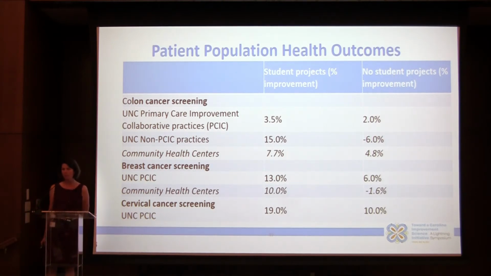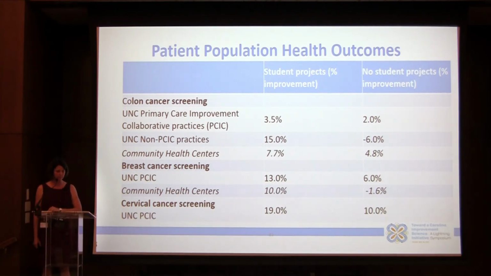If you looked at the non-PCIC practices that have less robust improvement environments, the impact of students is even greater. Finally, if you look at community health centers that serve the indigent, the non-insured, perhaps the undocumented or non-English speakers, you can see that they also, if they hosted a student, had more improvement than those who did not. And these gains were seen across a variety of metrics, and I've shown a couple more here. So I've shown colon cancer screening, breast cancer screening, and cervical cancer screening, but there was improvement across a wide